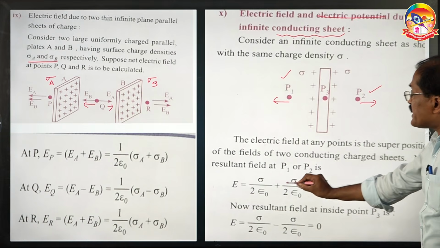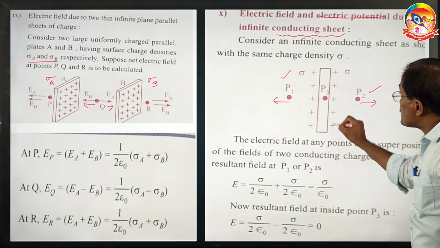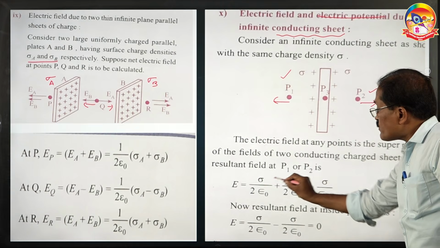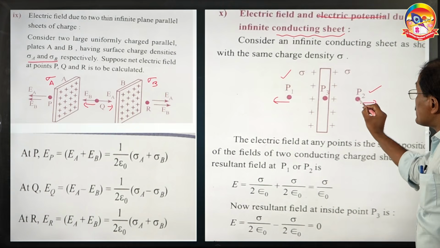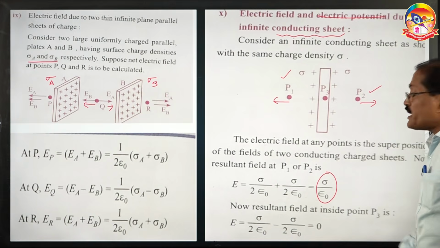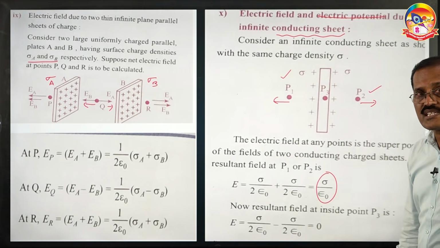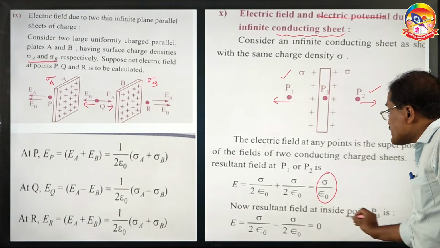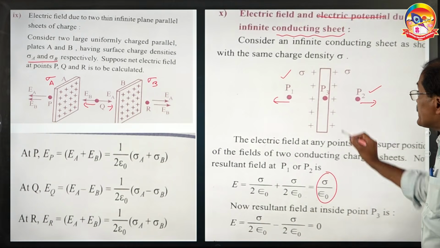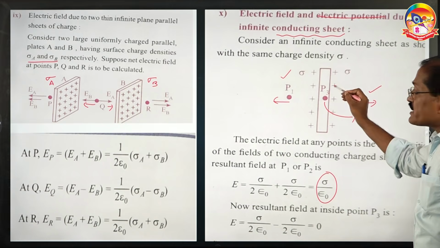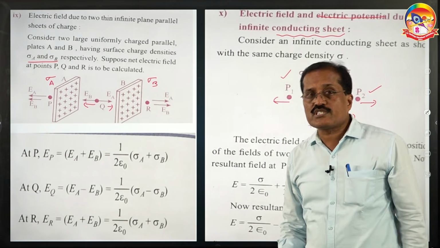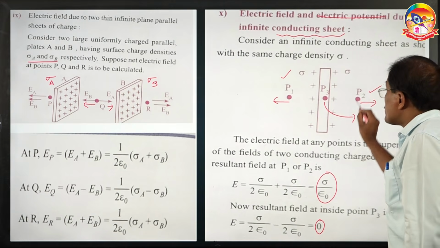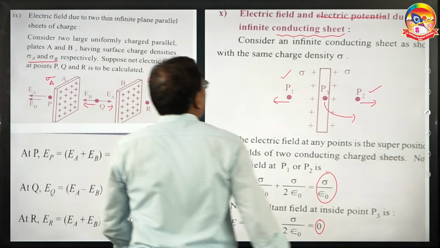Therefore, the net electric field intensity at this place is, due to this set of charges this, due to this set of charges this, both are equal and in the same direction, you see that here. Therefore, the net intensity is equal to sigma by epsilon naught. In case of conducting sheet it is sigma by epsilon naught, non-conducting is sigma by 2 epsilon naught, and the net resultant field inside the material is 0, inside the material the electric field intensity is always equal to 0, net flux is equal to 0. This is outside. Now you see that